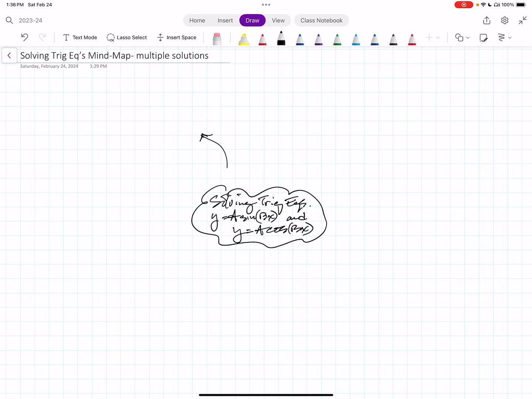All right, we're going to start simple, and we're going to see how these have more than one solution. In fact, some of these, when you compress the period or compress a function, and when you change the period, you have more than two solutions. Okay, so let's take a look at this and let's get started. Let's take a look at an easy one here,